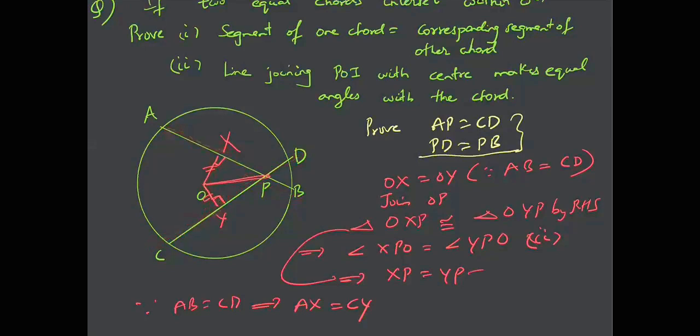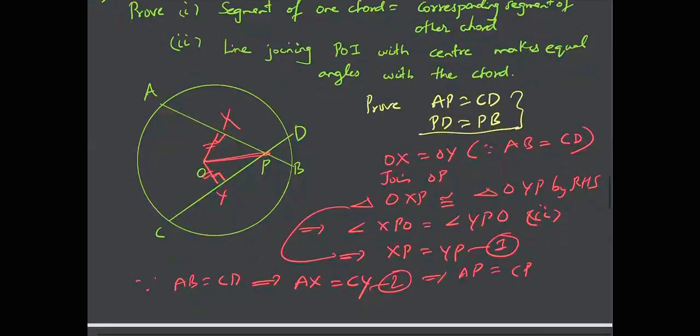So if you take these two equations, you can say that AP is equal to CP, right? Just adding these two equations. So just subtract AP and CP from AB is equal to CD. You will get PB is equal to PD. Fine. So quickly copy it down, then we'll move to the next question.